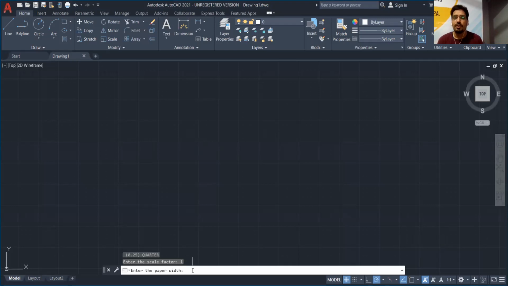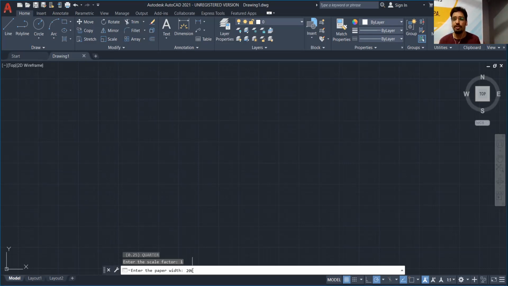Now AutoCAD itself asks you what is the size of the drawing sheet which you want to take, that is the width and the height of the drawing sheet. So you have to select the height and the width of the paper according to your need, according to the object size. For the time being, I am taking an abrupt dimension, that it be 200. I am saying 200. It doesn't mean that it is mm or centimeter. It can be mm, it can be centimeter.